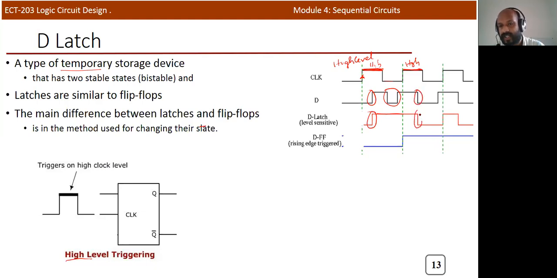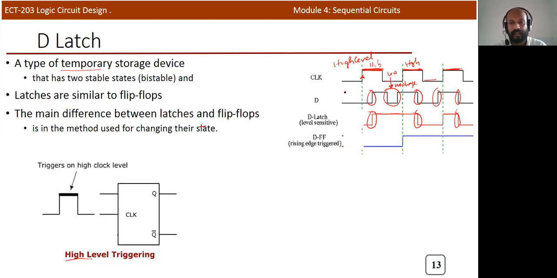So you can see that there is a change. This is the negative side, so during the negative side, there is no change. And again it will continue. There is again a change in the input side during this negative part, but it will not reflect at the output side. Again, there is a positive level starting at this particular point. At that time, whatever the input is gets reflected to the output side. You can see that it is also changing here, and here also it's changing. This is actually a latch.